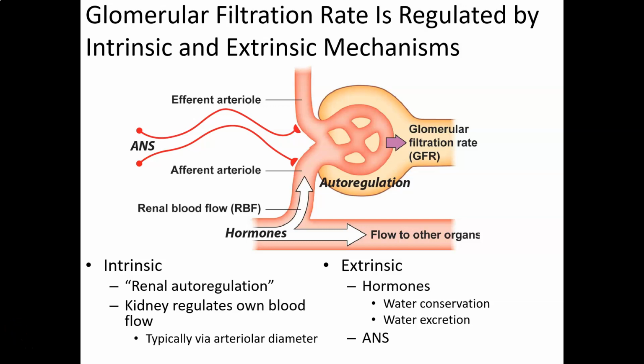In this video, we'll take a look at glomerular filtration rate and its homeostatic regulation. Like all homeostatic regulated variables, it'll be regulated by intrinsic and extrinsic mechanisms. As a quick review, intrinsic mechanisms are also known as autoregulation, as they come from within the organ or system itself. Extrinsic mechanisms are ones that come from outside the organ or system, invariably including hormones, the autonomic nervous system